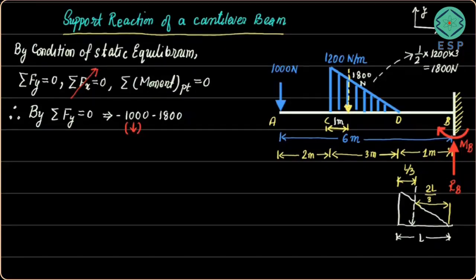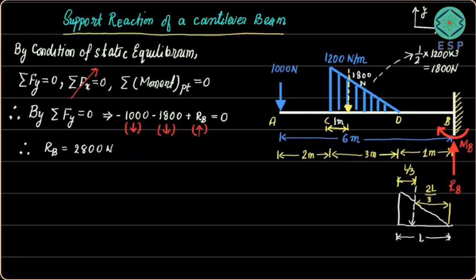1800 newtons, friends. Okay. Now the other force is this one, RB, which is acting upward. So we shall write it as positive because it is acting in the upward direction. So plus RB. That is the sign convention we are following, and that is going to be equal to 0. So this minus 1000 and minus 1800 will go to the other side. So we'll get from here RB equals 2800, positive, plus 2800